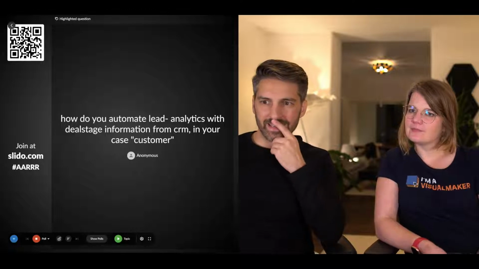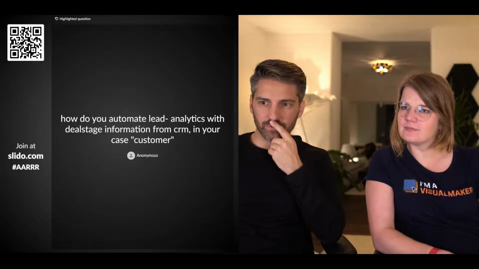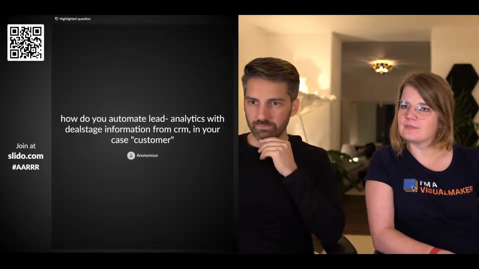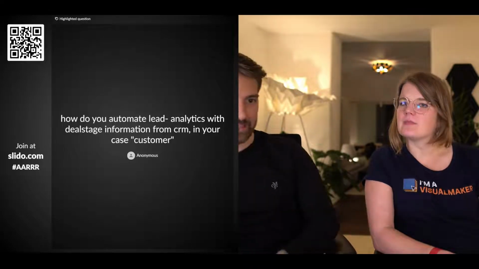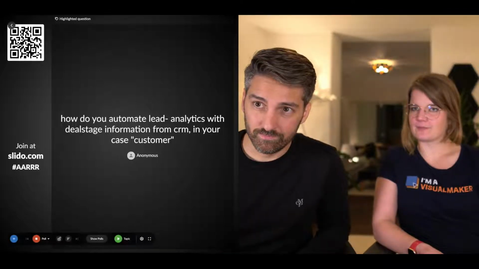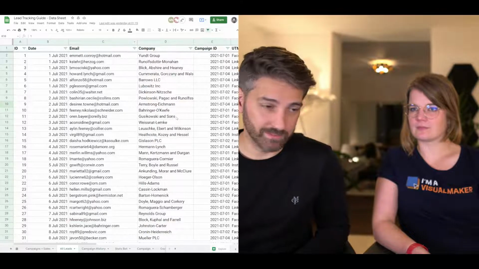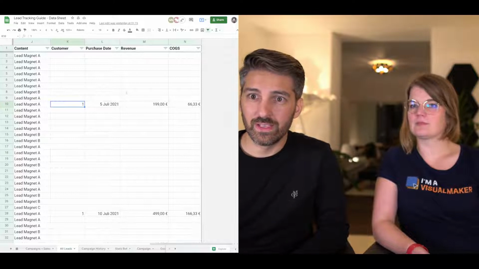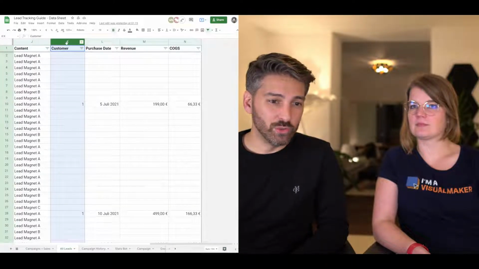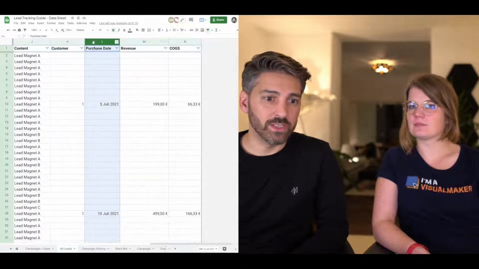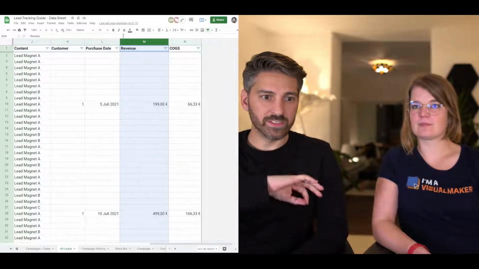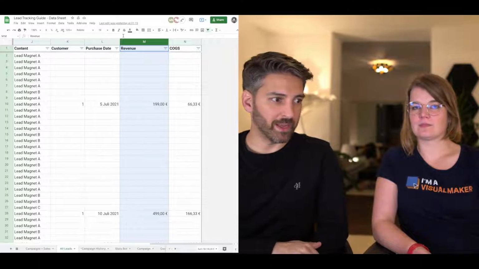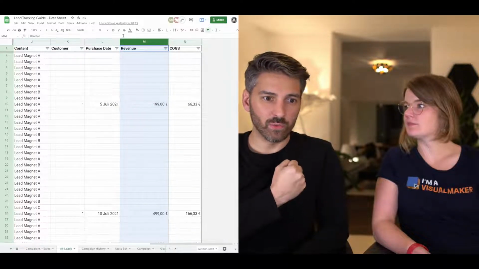Let's do this one. How do you automate lead analytics with deal stage information from your CRM? In your case, customer. We started with that. So what we would do is, and we actually had this up and running, if you look here, now it's just customer. What you need is different columns for each deal stage. And then your CRM, let's say it's Pipedrive or ActiveCampaign, pulls that data through Integromat into